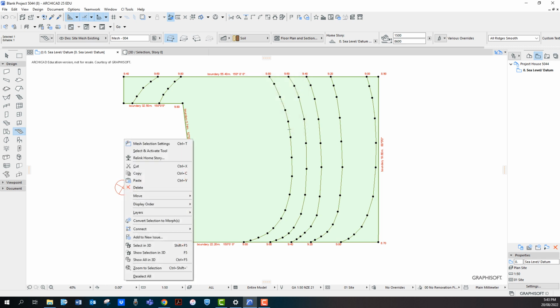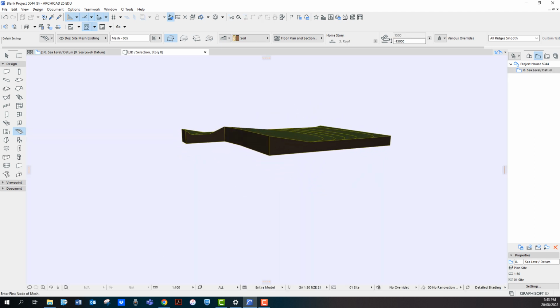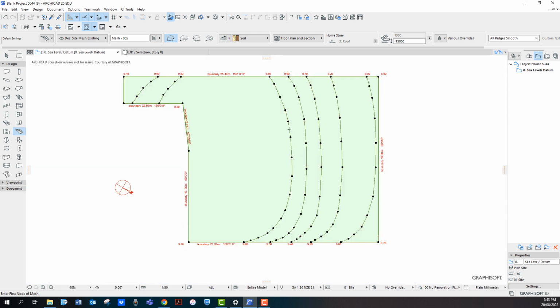If I right click and say show selection 3D, you can see the way things are starting to happen here. The corners have lifted up. That's okay. Go back. And what we have to do now is do some things with the